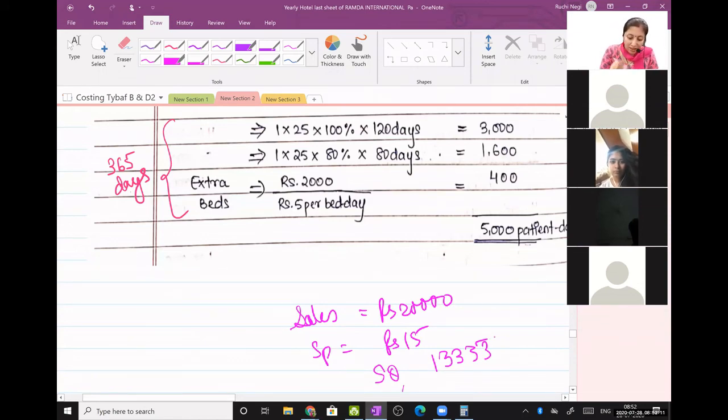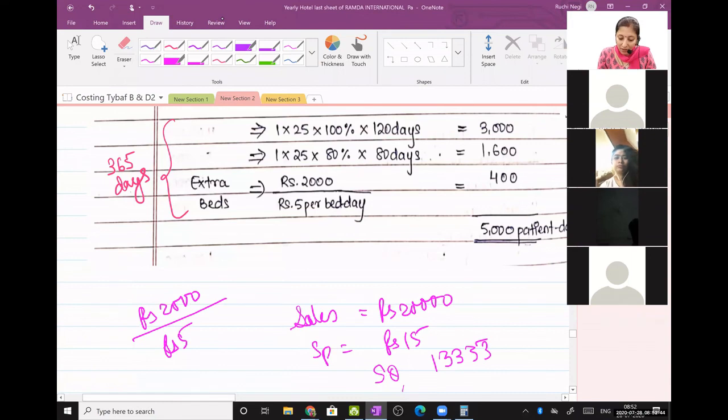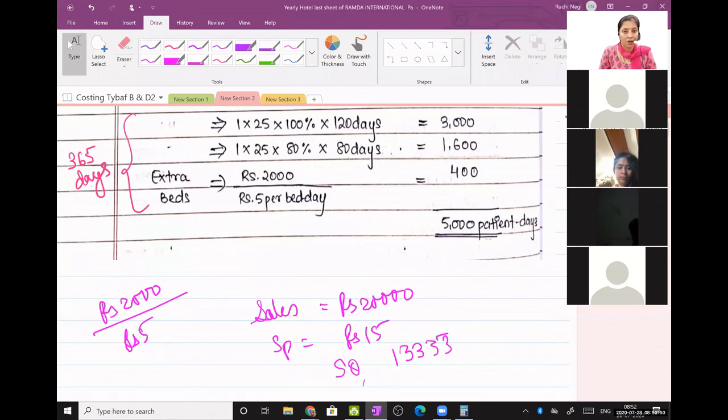Similarly, in this sum, what they have said, for the whole year, extra beds, how much you paid for the extra bed for the whole year? You paid 2,000 rupees. And एक दिन का बेड का खर्चा कितना है? एक्स्ट्रा बेड्स का 5 रुपए, right? So 2,000 divided by 5 rupees. So my answer is 400. Matlab, in a year, 400 extra beds were put. Am I clear to everyone? Just acknowledge it in the chat box. So we are quantifying.